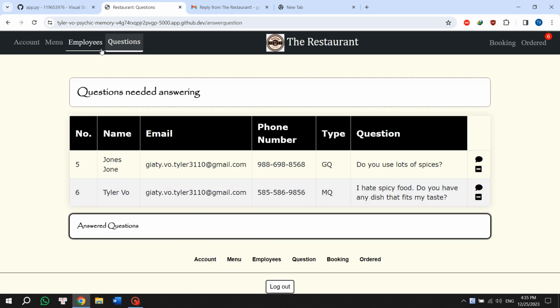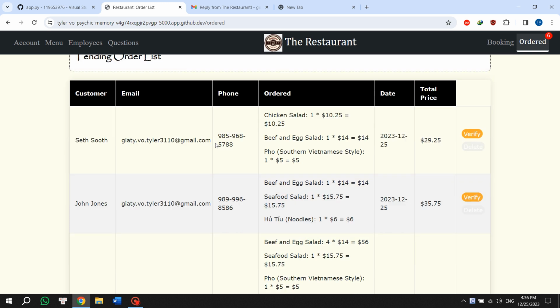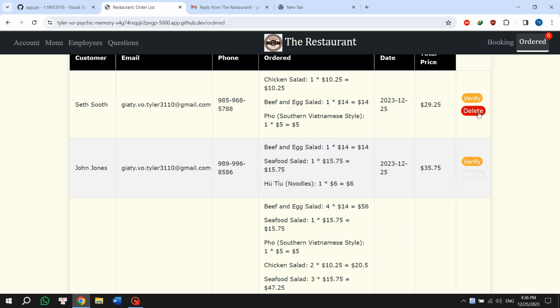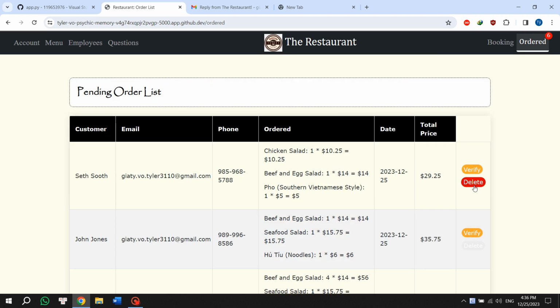For orders, the number of unconfirmed orders will be shown right here. Now we've got 6 unconfirmed orders, so we need to verify them for the customers. When you verify, it confirms that we will prepare this order for them to come pick up or deliver. So here we have verify and delete. Delete is for someone whose date has already passed, or they called us and they don't want that order anymore. So if we click verify,